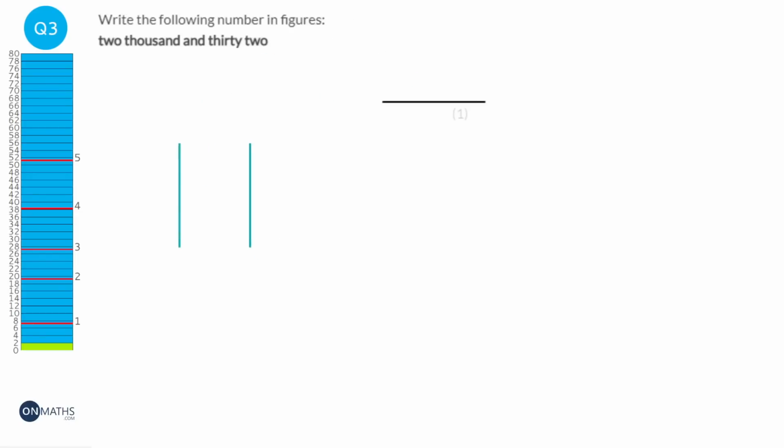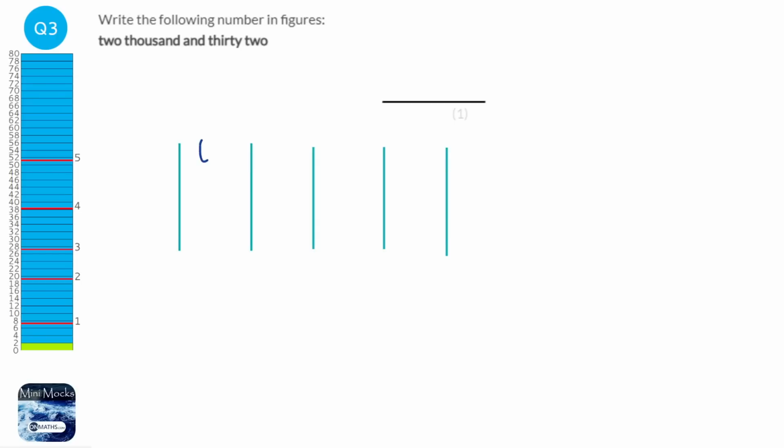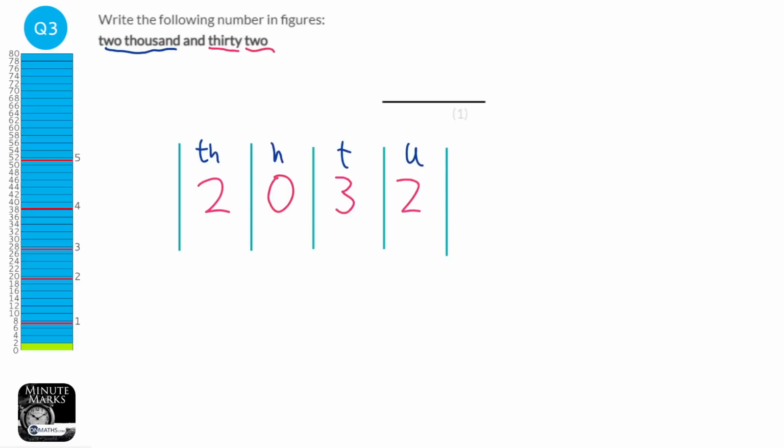So we can draw out our place value grid to help us out with this question. We've got thousands, hundreds, tens and units. So we'll need another one there. So thousands go here, hundreds here, tens here, and then units here. So this says 2,000, so a 2 will go in the thousands column. 30, so that'll be a 3 there, and 2. So we need to fill in a 0 here to keep that 2 as 2,000, otherwise that would collapse and it'd become 232. So the answer is